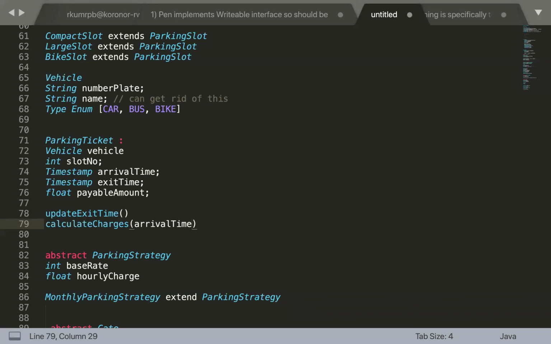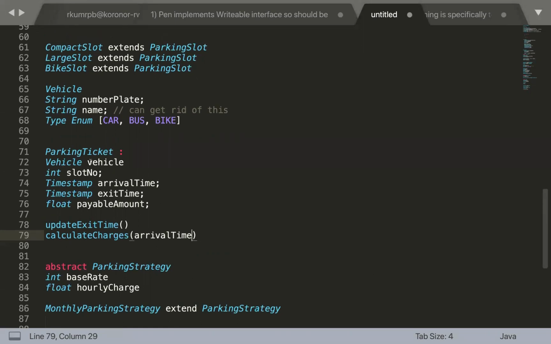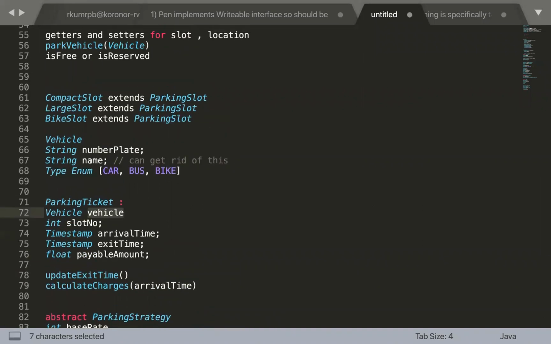So it can use its own attributes. From the getters and setters, it can calculate those values. For the charges, which exact entity should it talk to? It can't calculate the charge on its own, right? It needs to have the information from the slot, because it needs to talk with this slot, and based upon the payment strategy for that slot, it needs to calculate the charges.